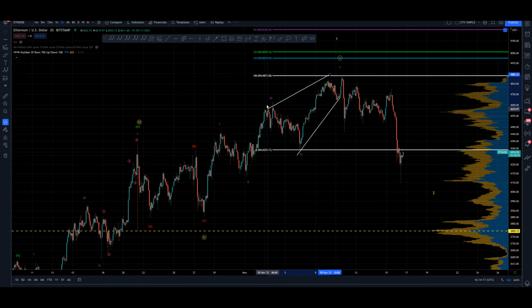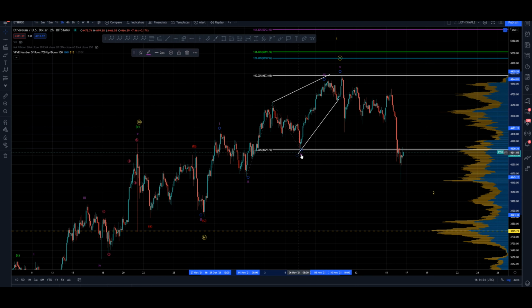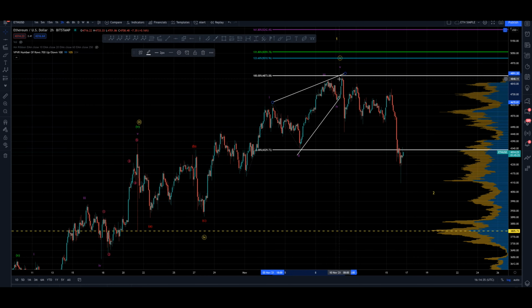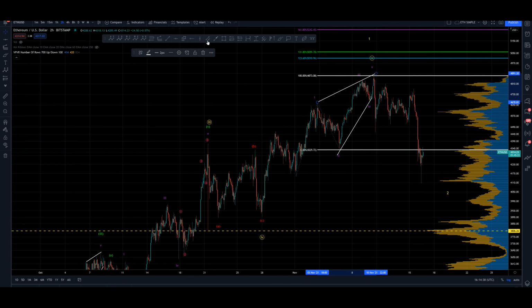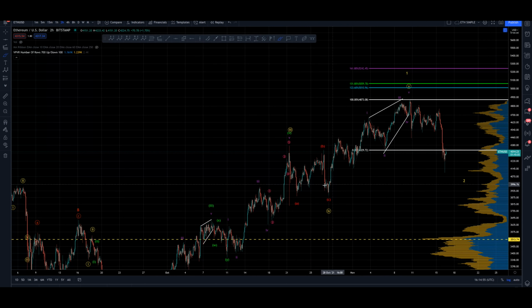But it's also viable to suggest that it's actually a very small 3, a very small 4 here, and a very large 1 and 2, and then a very tight contracting pattern into the 5 is also possible. But that's very extreme. We do get a zigzag here for an ABC. ABC here is still a little dodgy, but we could probably pick out a small ABC in here. So I'm not quite sure which I prefer, but we've got overlapping and it's a bit difficult to pick out a clear